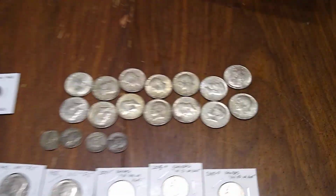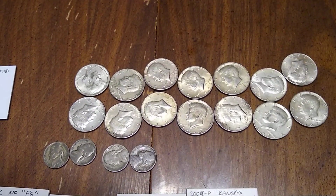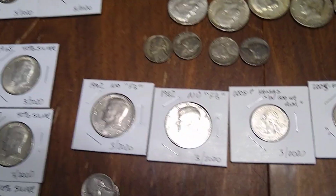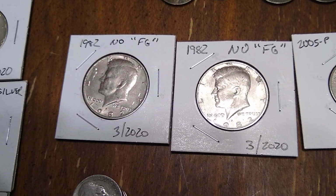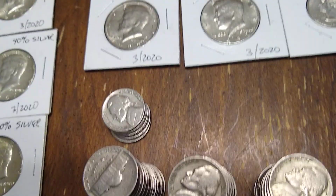And then, of course, at the top, here's all my junk silver. That includes 4 war nickels that weren't worth sleeving because they're probably only going to be worth their weight in silver. And then some errors that we had found. I had 2 $50. On the back of them, on the design of the back, in really small print, I'll try to maybe flip one of these junk silver coins over. I don't know if you can see it or not,